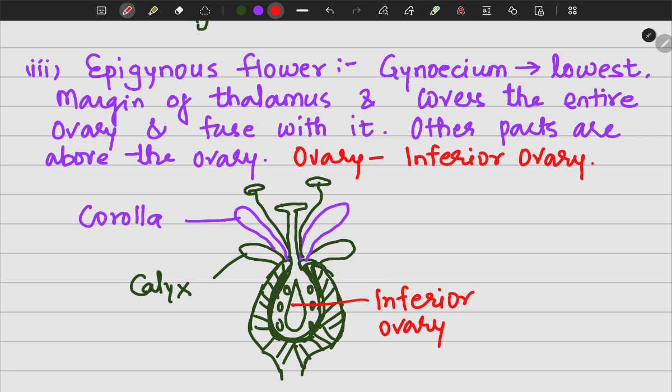Alright, so we can see with the help of the diagram that the gynoecium is situated at the lowest position on the thalamus. The margin of the thalamus has grown upward and covered the entire ovary, and it is also fused with it, and the other parts are developed higher than the ovary or above the ovary. Such a flower is called epigynous flower, and the ovary in such flowers are called inferior ovary. Examples are